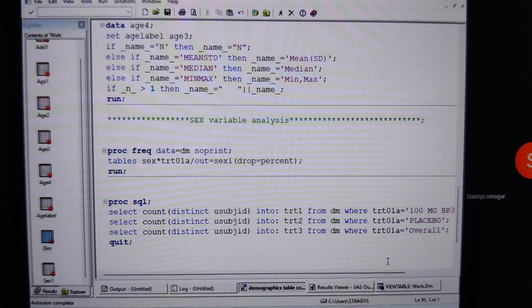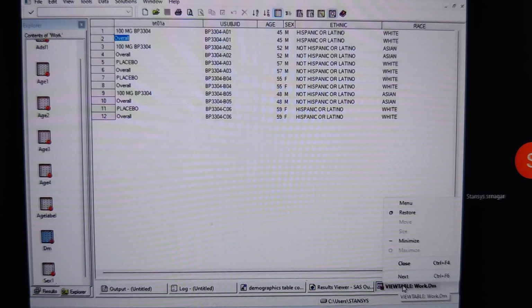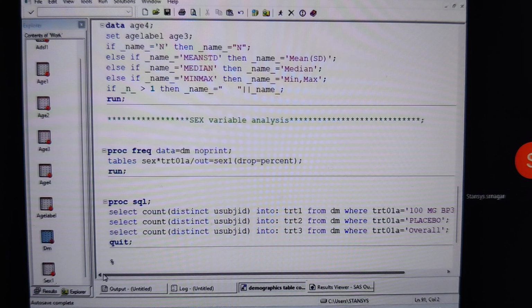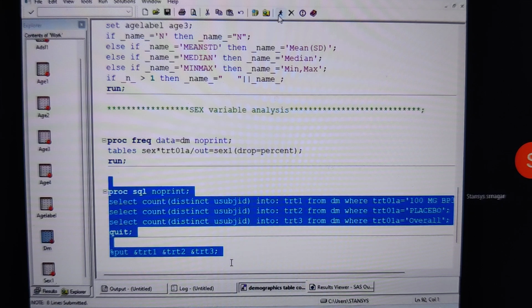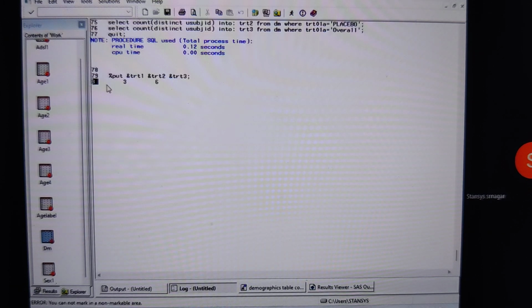So I want to check whether all the 3 macro variables are created or not. Where can we check macro variable values? In the log window. If you want to see them in the log window, what are the statements you should write? Percent PUT, ampersand PRT1, ampersand PRT2, and ampersand PRT3. I do not want to print anything in the output window, so I'm going to select the appropriate option and execute the program. Now, if I go to the log window, we have double digits for 3 numbers,